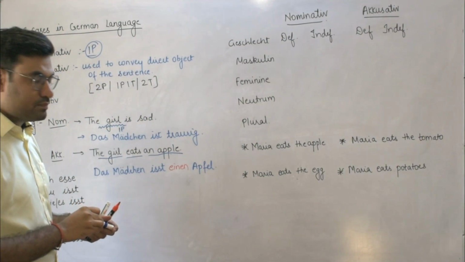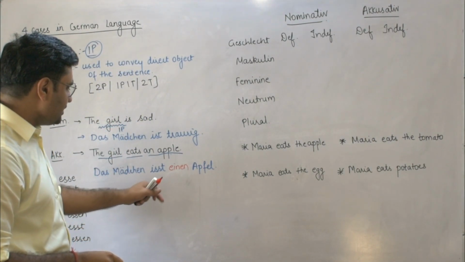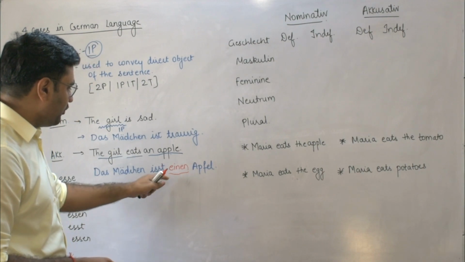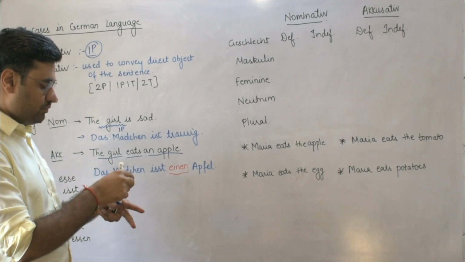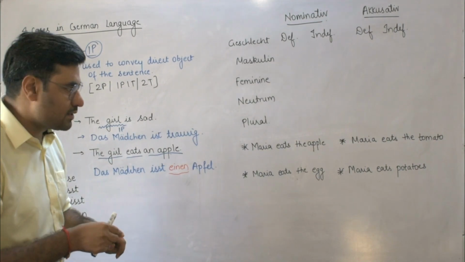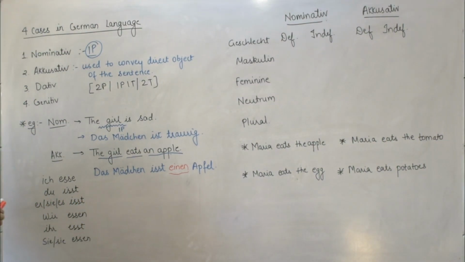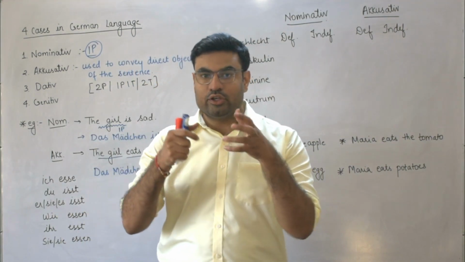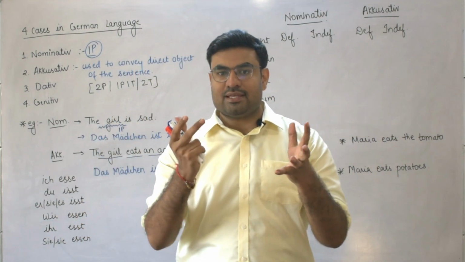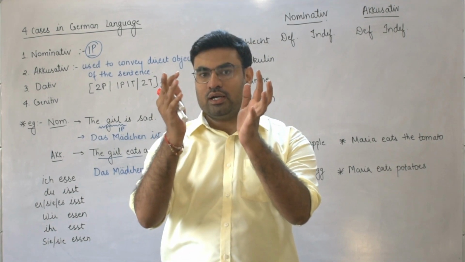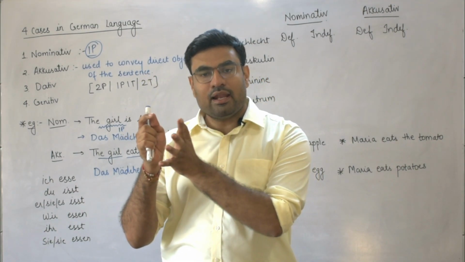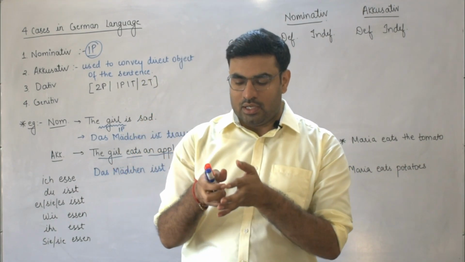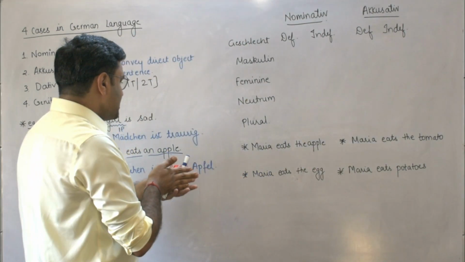This we need to learn now. Das Mädchen isst einen Apfel. Now, from where does the einen come from? We need to learn this. So here we'll be learning articles that are used to denote that a particular thing is in the accusative sense. Okay. So we'll be starting with,